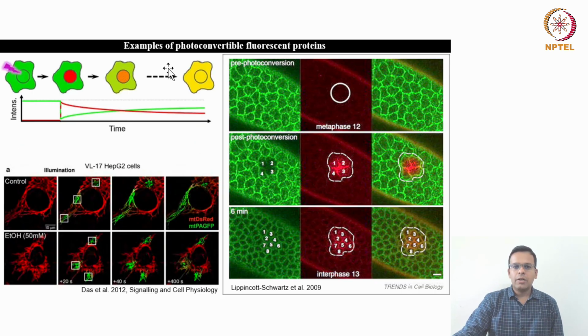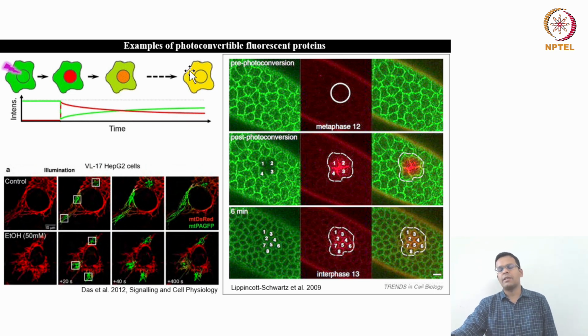Then coming to the photoconvertible fluorescent protein. So what is photoconversion? Here you can see initially this entire cell is filled with the green fluorescent protein, but then with the help of blue or UV light, you can convert the protein molecules which are present in the nucleus into red. And then you can watch the cell for some longer time, and see whether the red molecules are coming out from the nucleus. So eventually after a few frames you will see both fluorescence, red and green.